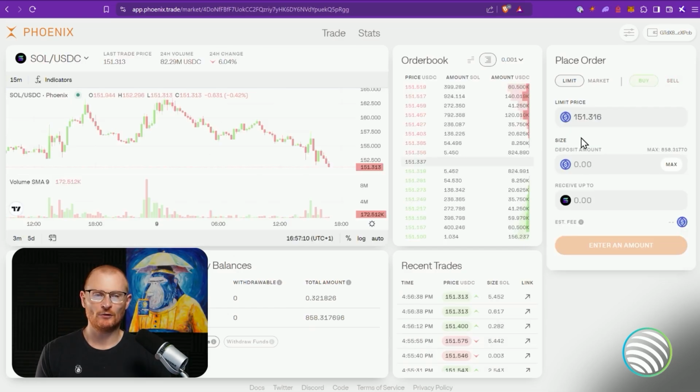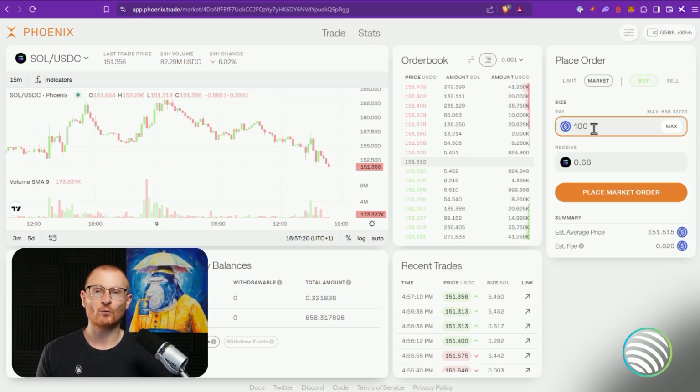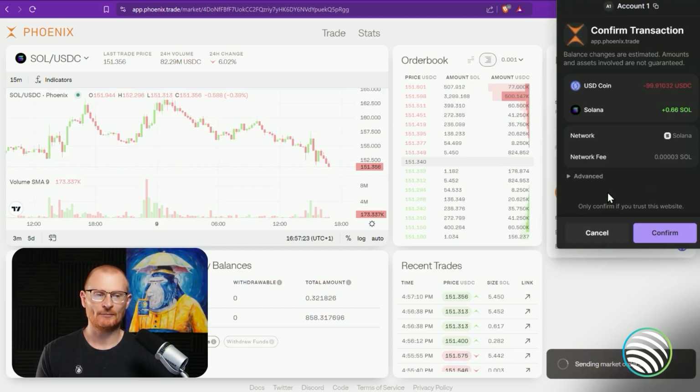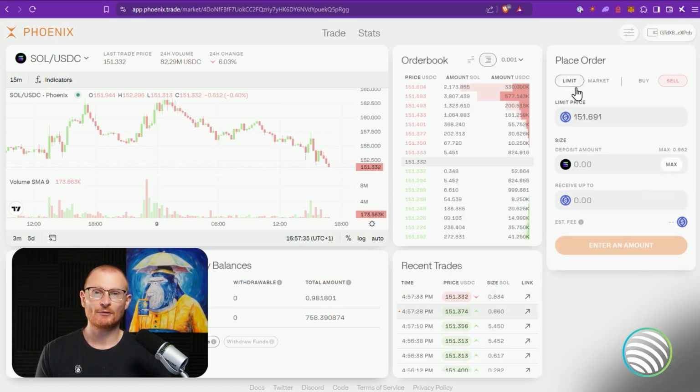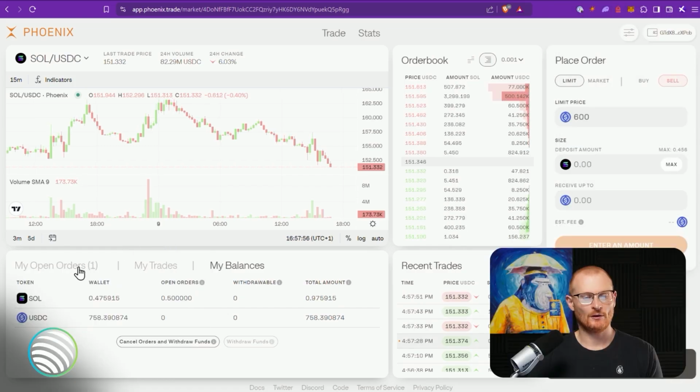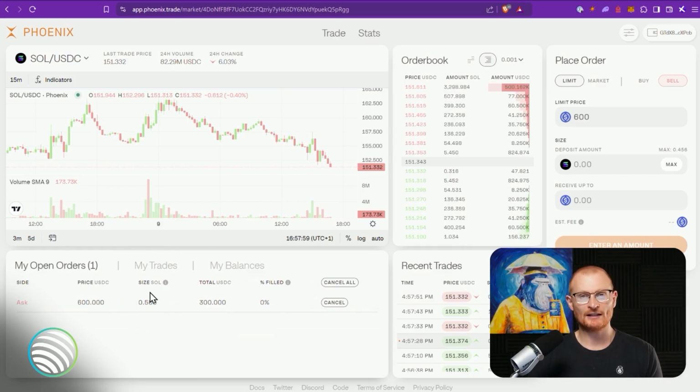As an example, I'm going to buy just $100 worth of Sol at the current price, place that market order, confirm, we'll get that Sol, and then I'm going to sell it at a much higher price. Maybe this is something you want to do. Maybe you think in the future, let's click on limit, the price of Sol will go to like $600 and you want to sell 0.5 and you're happy to have it sit there, and if it hits, it hits. If it doesn't hit, you'll just have to withdraw it. Then we can place a limit order, confirm, and then we go to my open orders, and we can see it's sitting there at $600. In case the price hits 600, it can then be sold, and we'll have $300 worth of USDC.